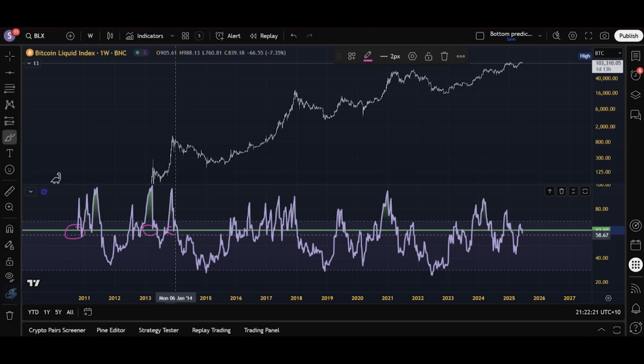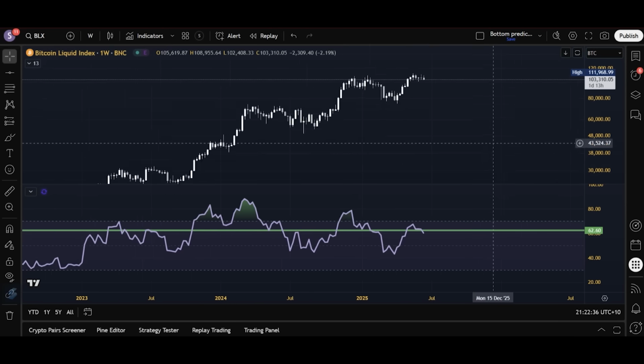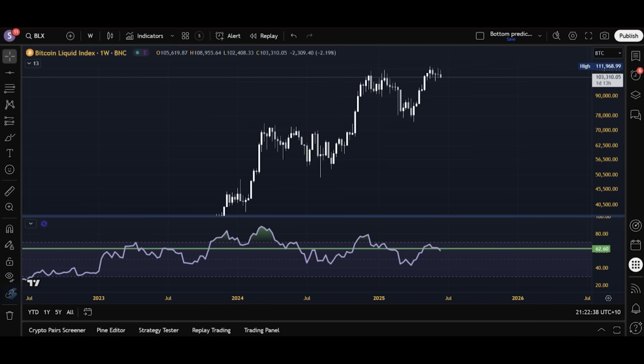We still have many, many precise, perfect retests of this level. And many of them just in the last year or so. I'm just circling a few right now that you can see. And you can obviously go to the chart yourself and take a look. But if we just look at the past year, let's say year and a half, and just take a few examples, just so you can get an idea of the scale of this level and what it means,